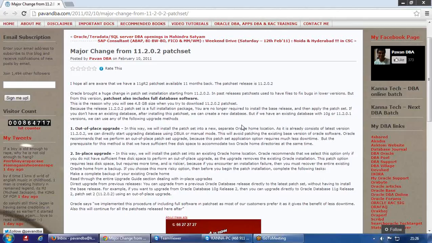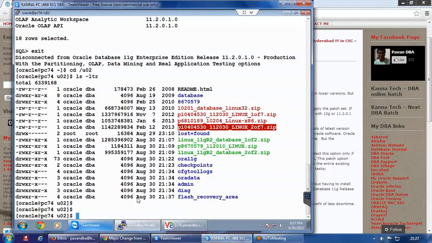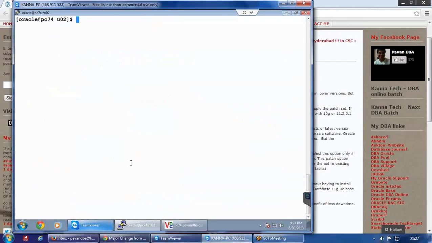But in 11G, what we are going to do is, suppose here we have an 11.2.01 Oracle home. We are going to keep that 11.2.01 Oracle home as it is, and then we are going to install a separate Oracle home which is of version 11.2.03. That means from